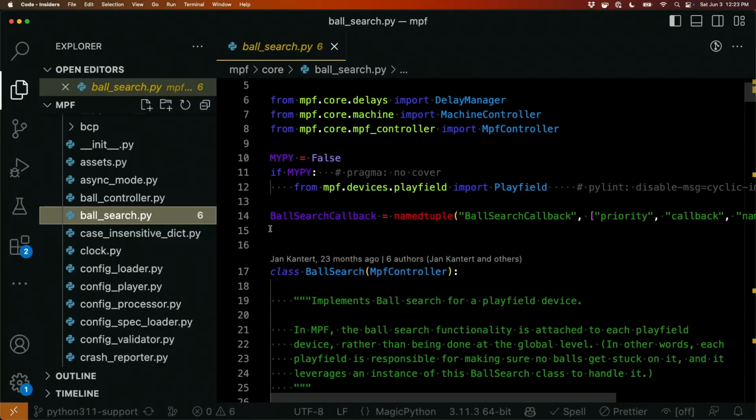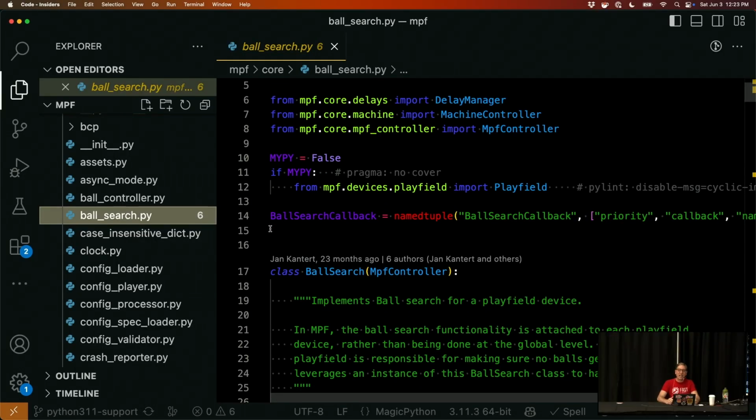Ball search handles all the ball search code. Ball search in MPF is also fairly automated. Within MPF, there are different devices. A flipper is a device, a drop target, a stand-up, a hole, a trough. All these things are devices in MPF, and every device in MPF has its own ball search features. So when MPF loses a ball, the playfield will say, "Hey, I don't think there's a ball here. We need to go on ball search." It'll post an event which says we're in ball search mode,